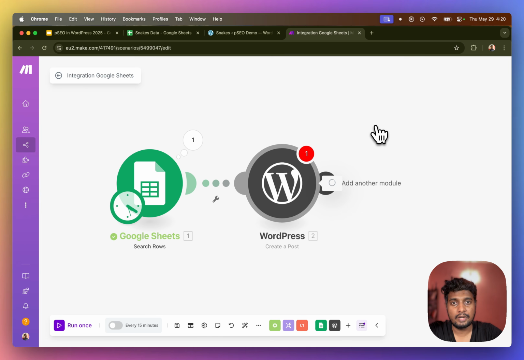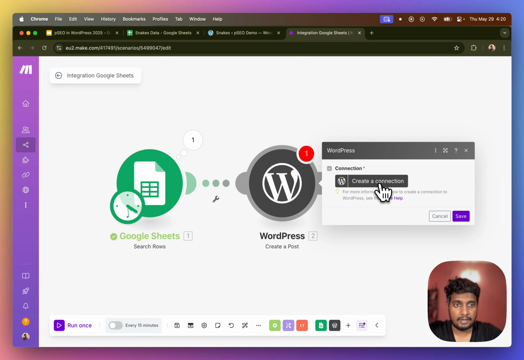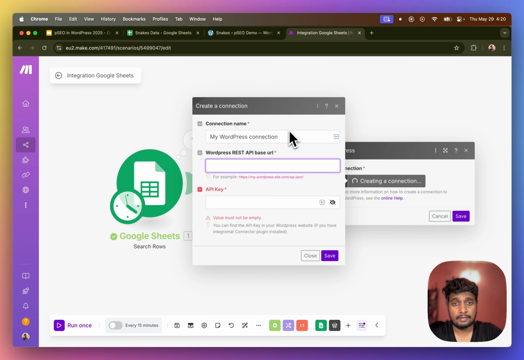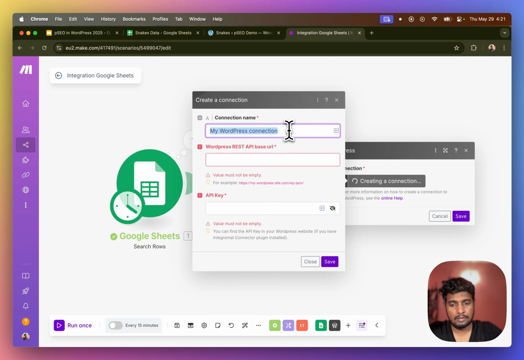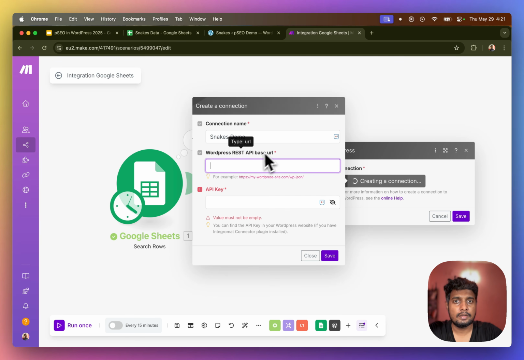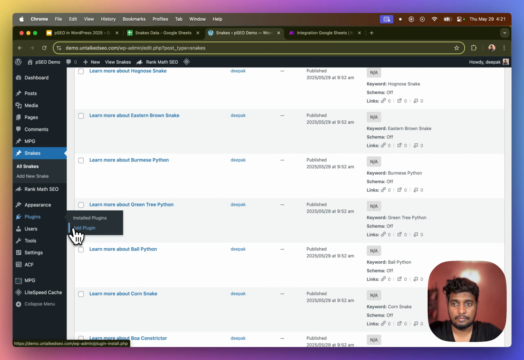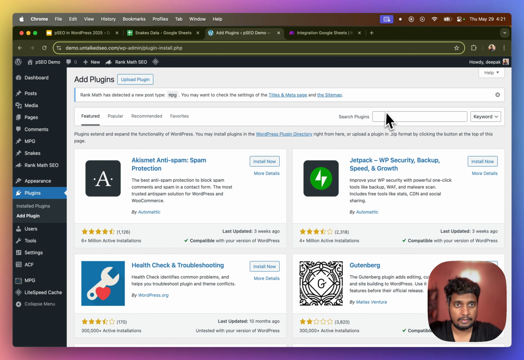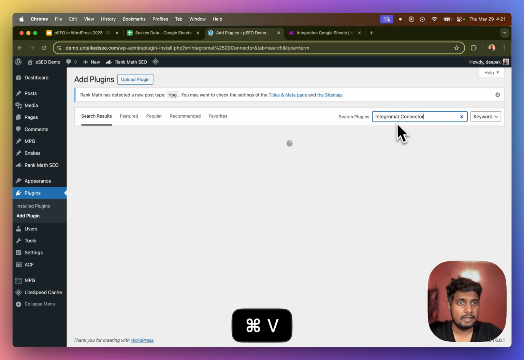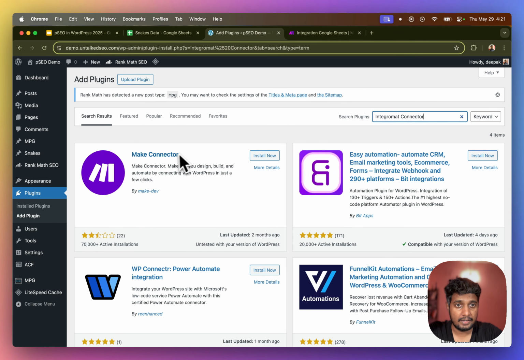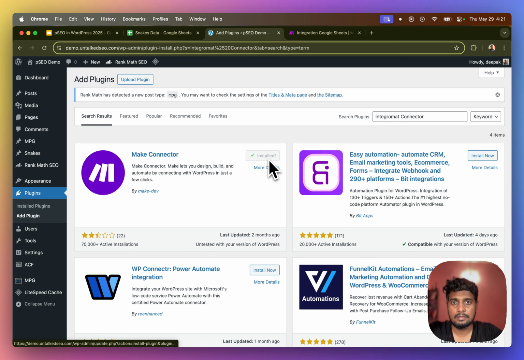In this case, we need to create a post. So create a connection. To create the connection, I'll first give it a name, snakes demo, right? Then the REST API base URL. We need to install a plugin for the Integromat plugin, which is, I think, this one, Integromat connector or make connector, right? I can just install it,